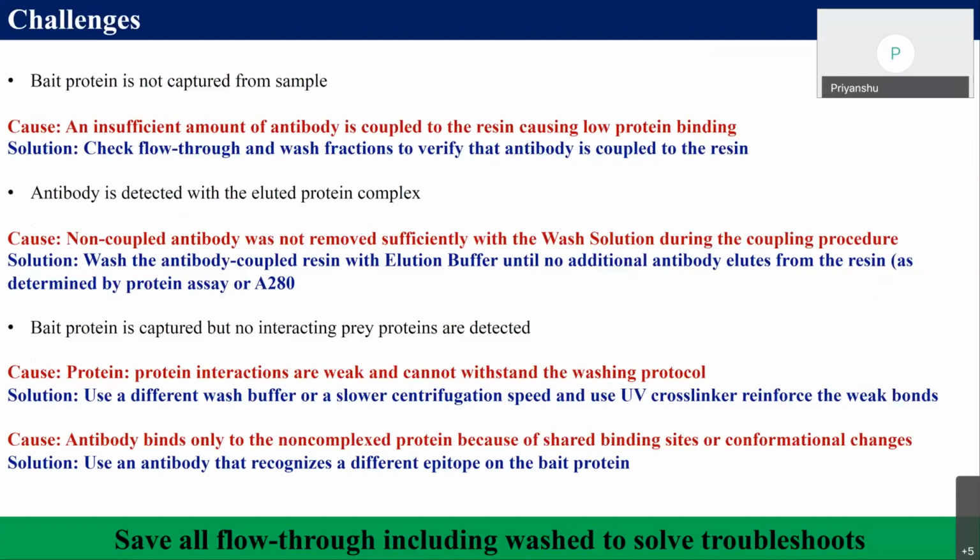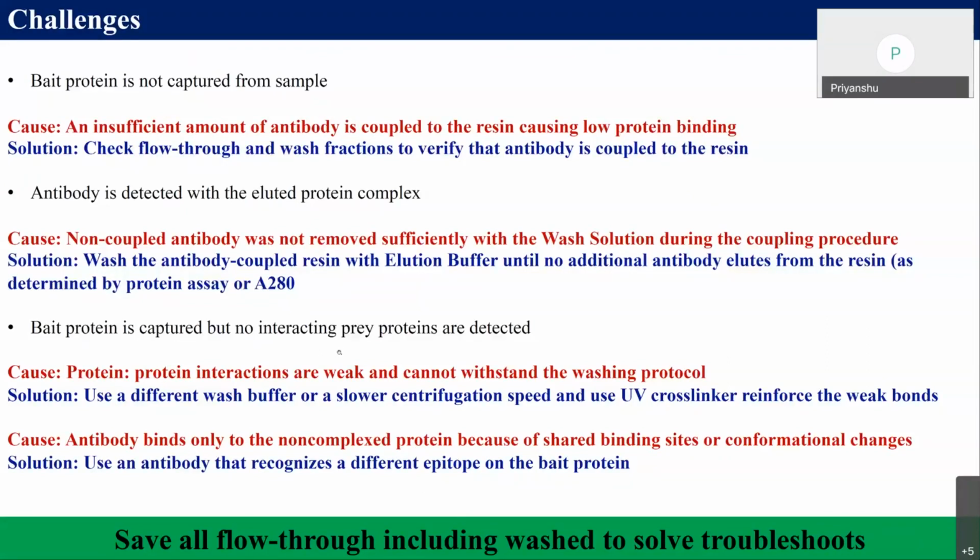Okay, I think I'm getting confused. So in that case, what happens? You have one antibody specific to one particular protein X, and this X protein interacts in the cellular system with different other proteins. So maybe the site of antibody binding is blocked by other proteins, so you cannot get the protein in the solution. In that case, you can use another antibody against a different epitope of that particular antigen, so that you get your result.